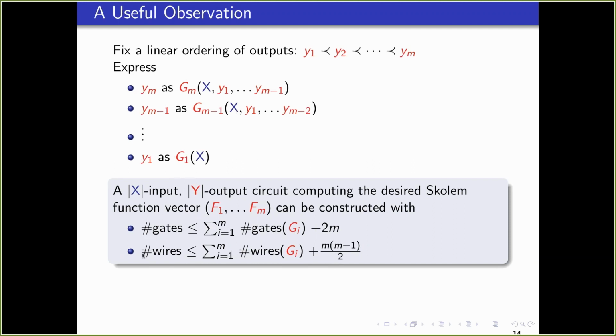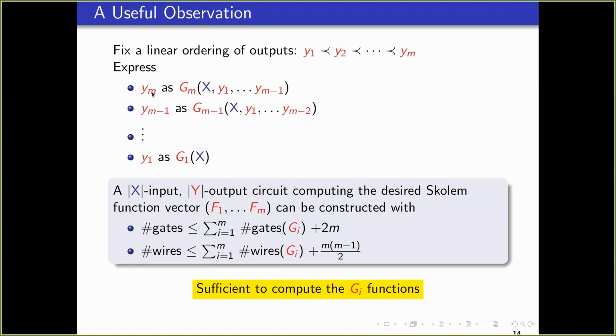So what this tells you is that if I can solve these problems, which are really single variable Skolem function synthesis problems, followed by substitution, then from the solutions of that, I can systematically construct a solution where all the Skolem functions are expressed in terms of x. And therefore, it's good enough to just compute these things and then combine them to obtain each Skolem function as an output of x.